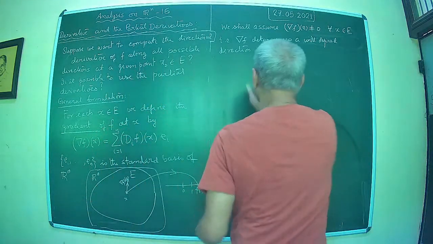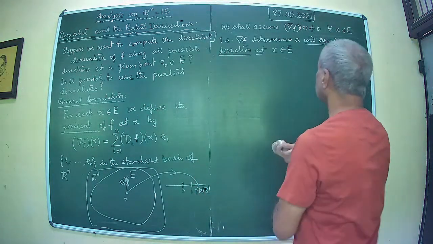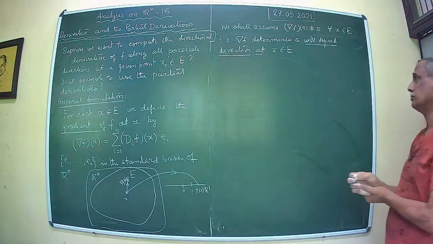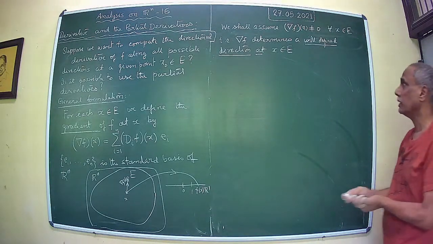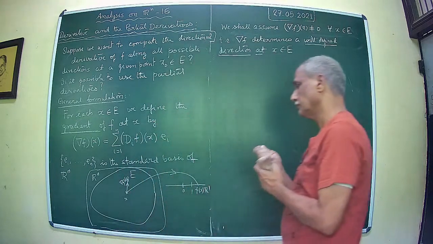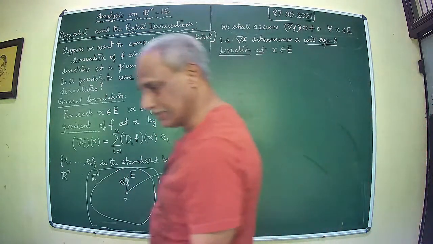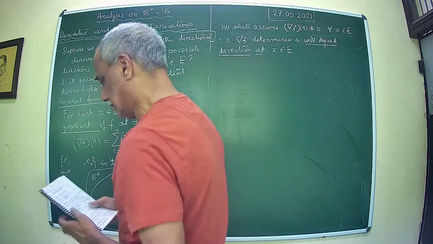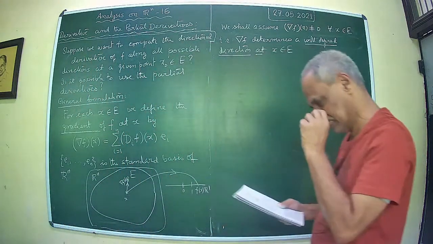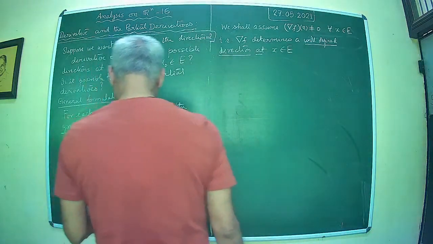And this is a vector, a well-defined direction that x belongs to. Okay, and that is non-zero. That's the assumption that we are making. Now, what one does is suppose you choose